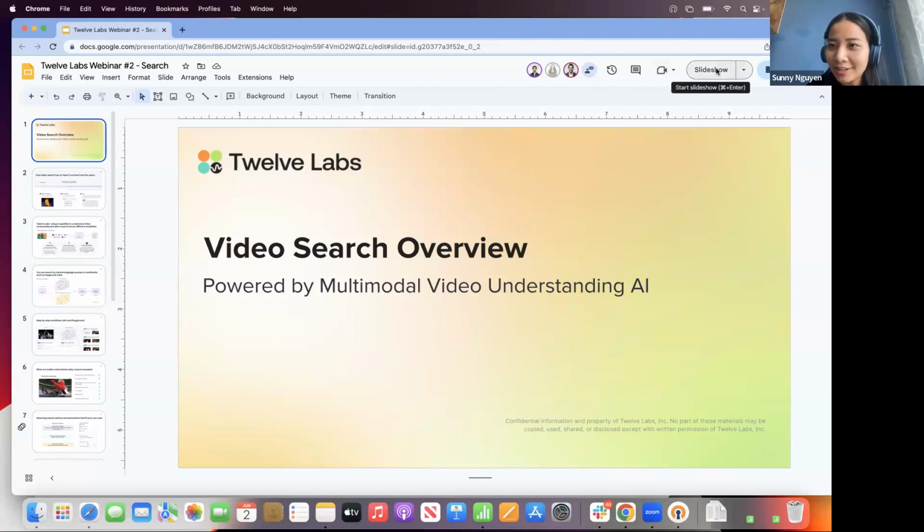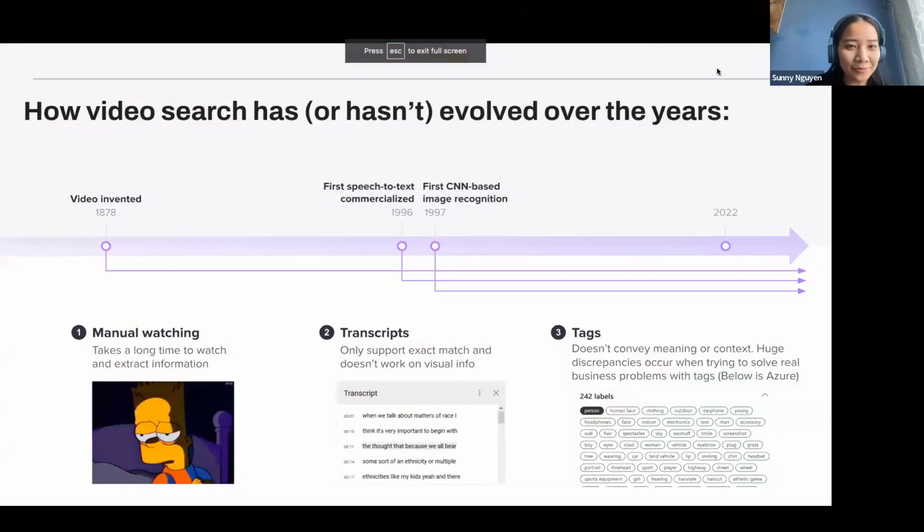So let me start by walking back the hands of time to the early 19th century, where video was invented, and then the early 20th century where cinematography was invented, all the way to the 20th and 21st century where technology has evolved to really help piece by piece understand a little bit more of video. So you will see that at the very beginning, the only way to understand a video was by watching through it. Then when speech-to-text technology was invented, we could understand video through the transcript, but the limitations are very clear,